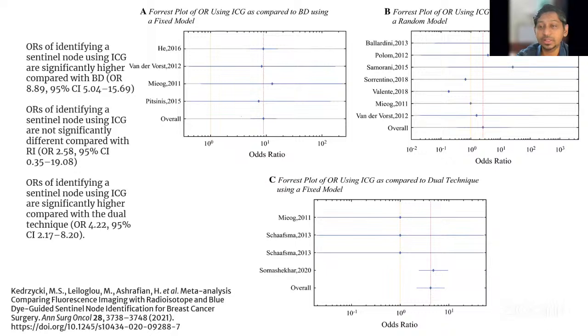If you look at this picture quickly to compare ICG with blue dye, ICG definitely has a significantly better identification rate as compared to blue dye. If we compare ICG along with radiocolloid, it's not significantly different, so it is comparable. And when you compare ICG with dual dye, again ICG fares better. So ICG definitely also has a good